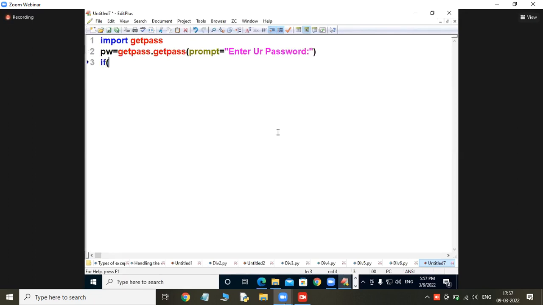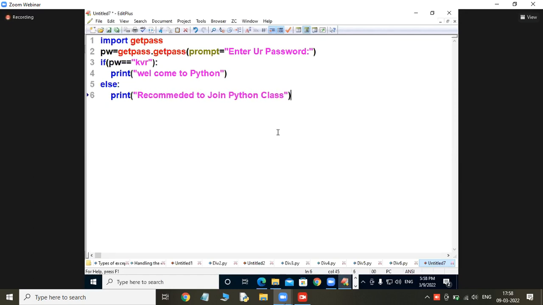If PW is equal to KVR, I am giving my password, print "Welcome to Python". Else print KVR. Then next, join Python class. So it is recommended to learn Python class, recommended to join Python class.